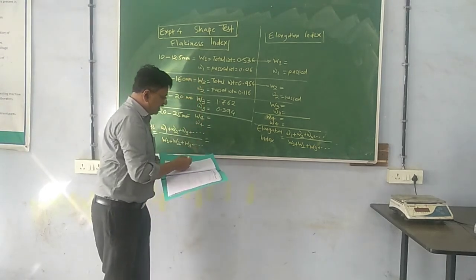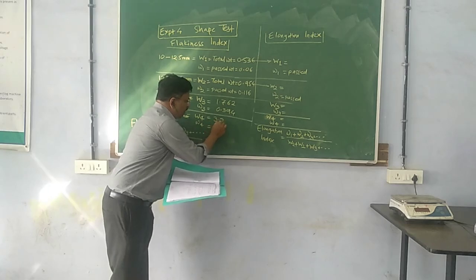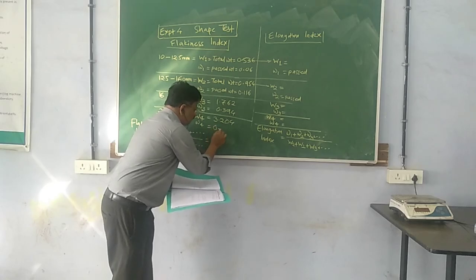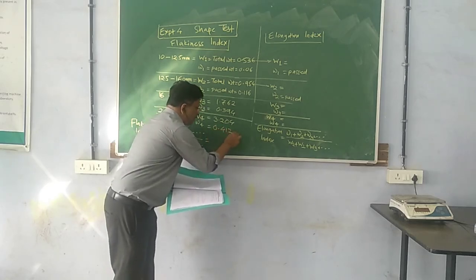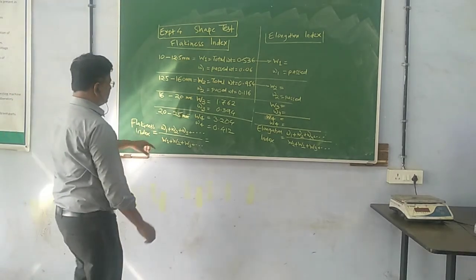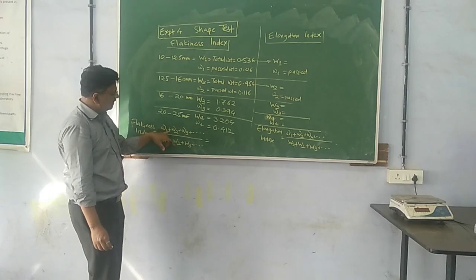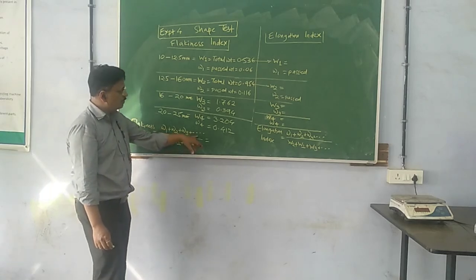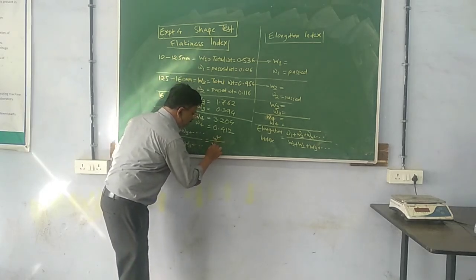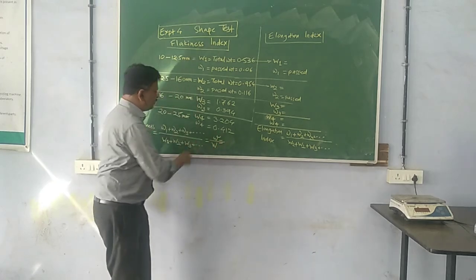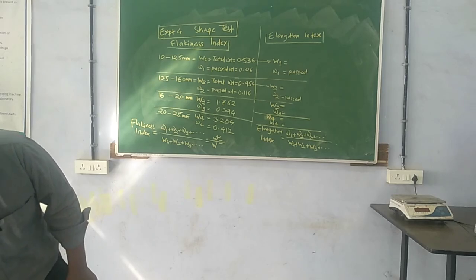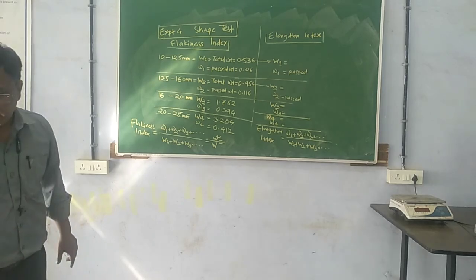Likewise, for the fourth category, total weight of particles will be 3.204 kg and passed weight of particles will be 0.412. Now, to find out the flakiness index, we are going to take the sum of all smaller W1 plus W2 plus W3 plus W4, that smaller W, divided by the total weight of particles, that is capital W. We are going to find out this ratio, which comes out to be